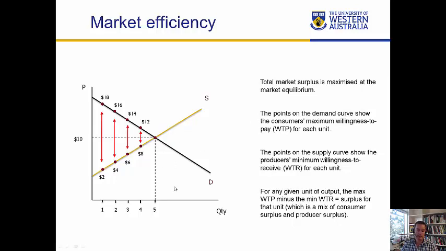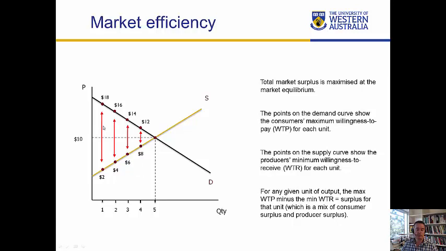The market by itself will never produce 6 units, of course, because there is no price in this market where 6 could actually be produced. 5 is the maximum, but you could imagine a situation where a government comes along and forces the market to produce 6. If the market is forced to produce 6, you'll be wasting resources because the marginal cost of production will exceed the value of that 6th unit produced. So we know we don't want to go beyond 5